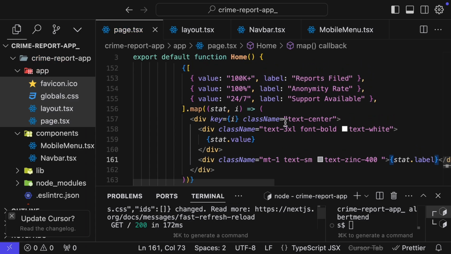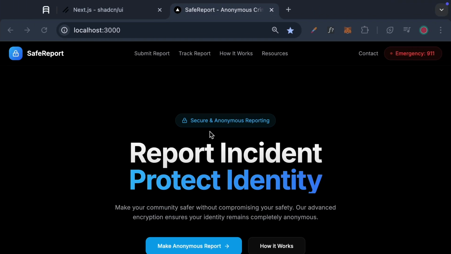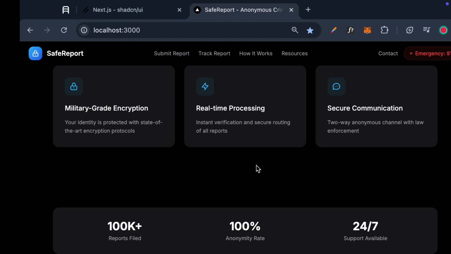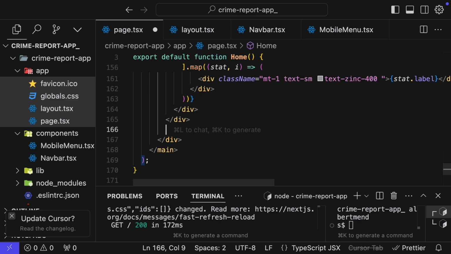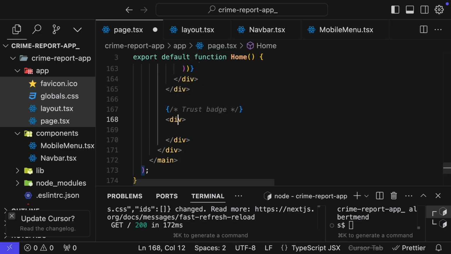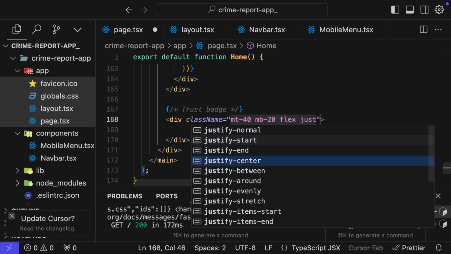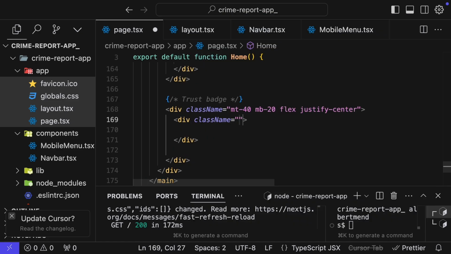We give it a save and move back to localhost, and there we go. We have the statistics showing over here. So the last item we are going to add is going to be called the trust badge. So we are going to have a div with these class properties: margin-top of 40, margin-bottom of 20, flex, justify-center. We have a div, class name inline-flex,